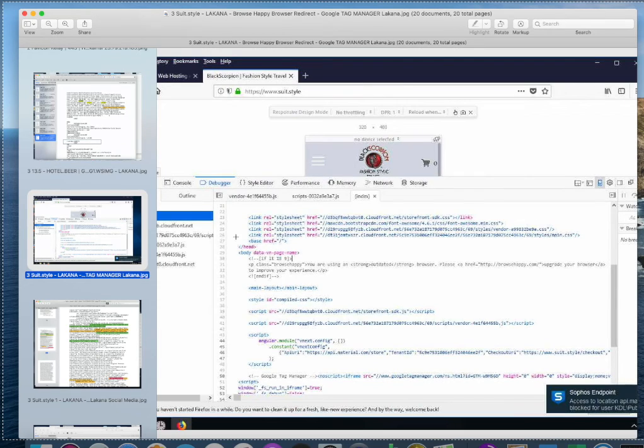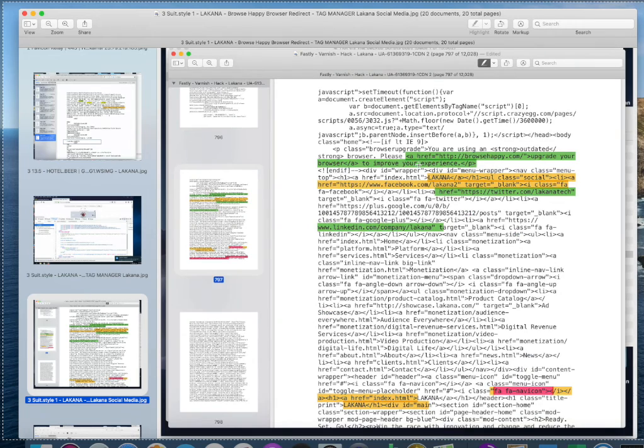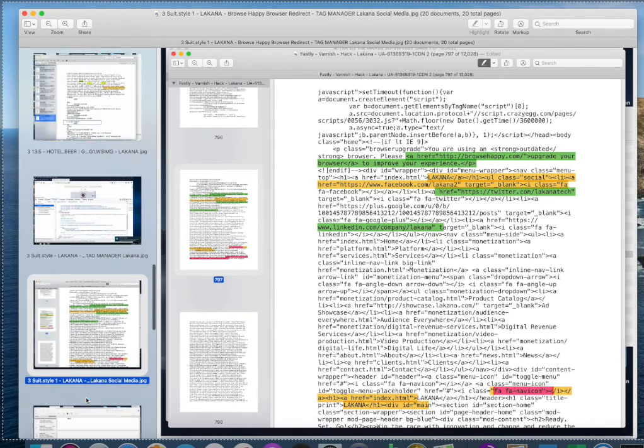Now, when I went to Network Solutions, LAKANA, Nexstar Media Group, and GoDaddy followed me to Network Solutions and Name.com, and they put their browse happy, strong browser redirects in suit.style. And there is LAKANA's browse happy. I mean, it's just fraud.